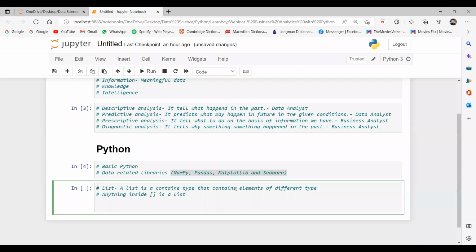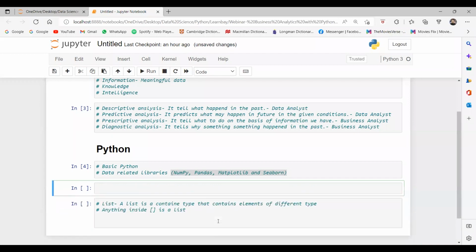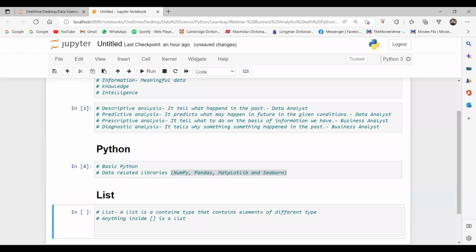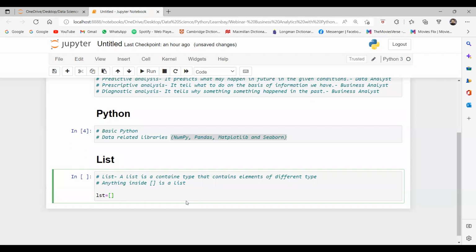Let's take an example. So in basic Python, first of all, we are talking about lists, guys. I have taken a variable, for example, lst equal to, and these are the square brackets. Whatever is in square brackets is a list. You can have any type of elements. For example, I say 1, 2, which are integer values. I can say 5.5, a float value. I can say True, a Boolean value, and None, a None value.